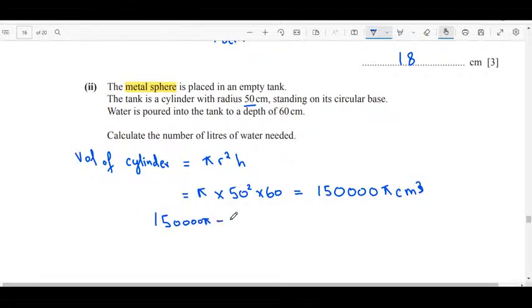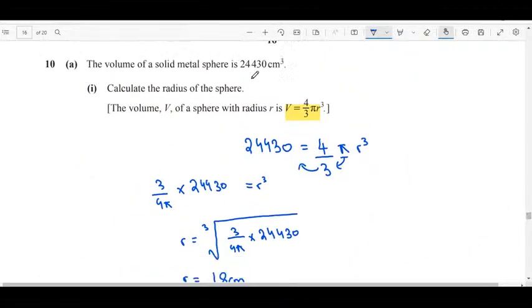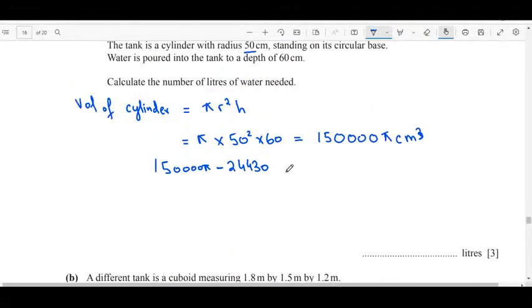Minus 24430. This is the volume of the metal sphere, 24430, and this is going to give me the remaining volume. So this value minus 24430, and I would get